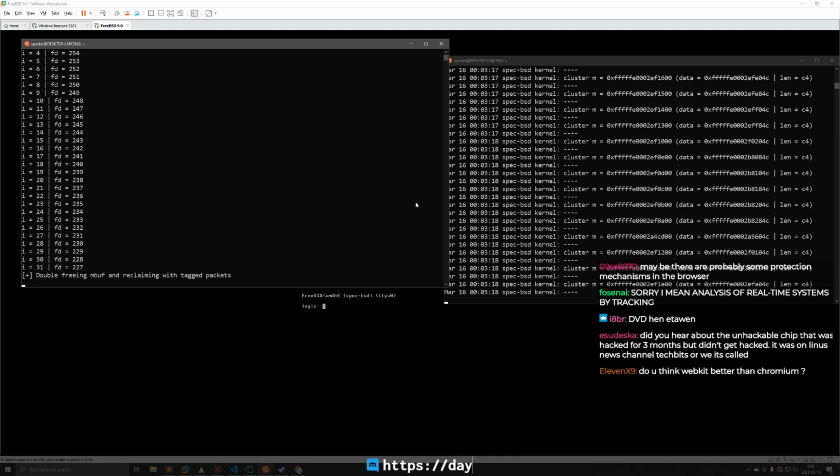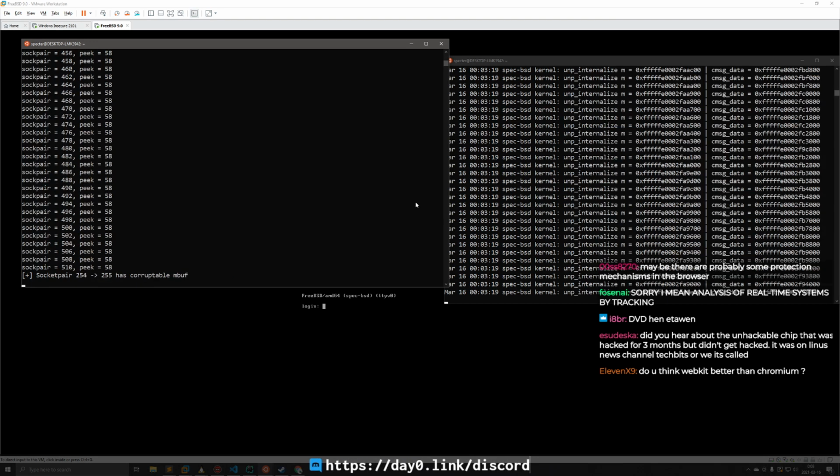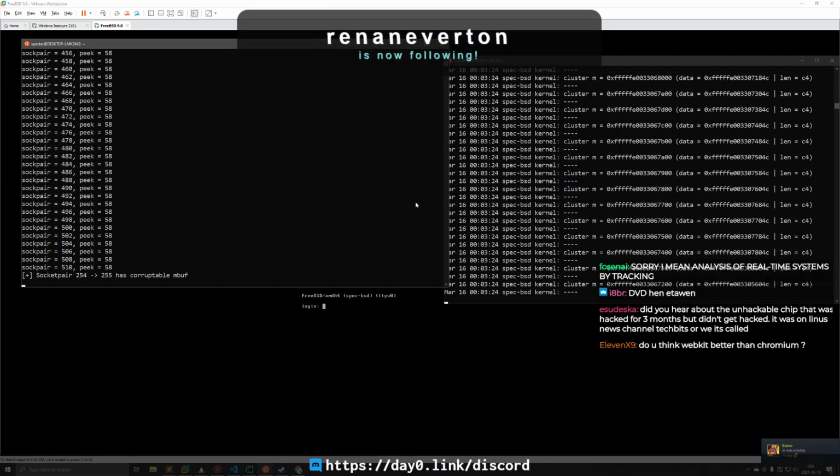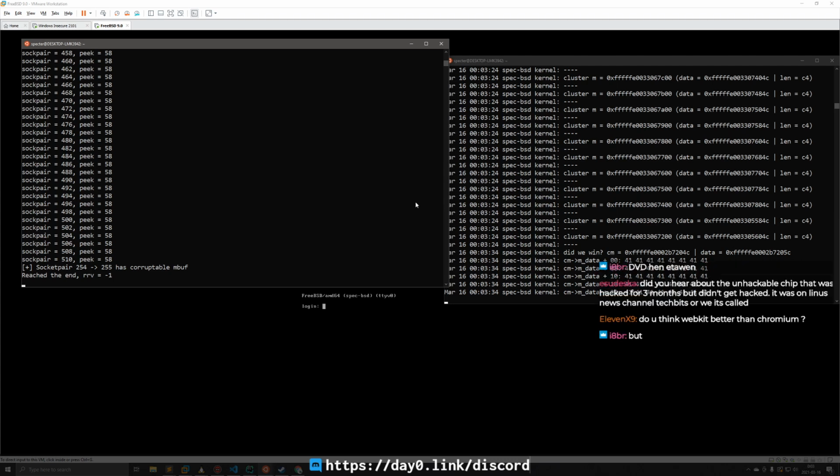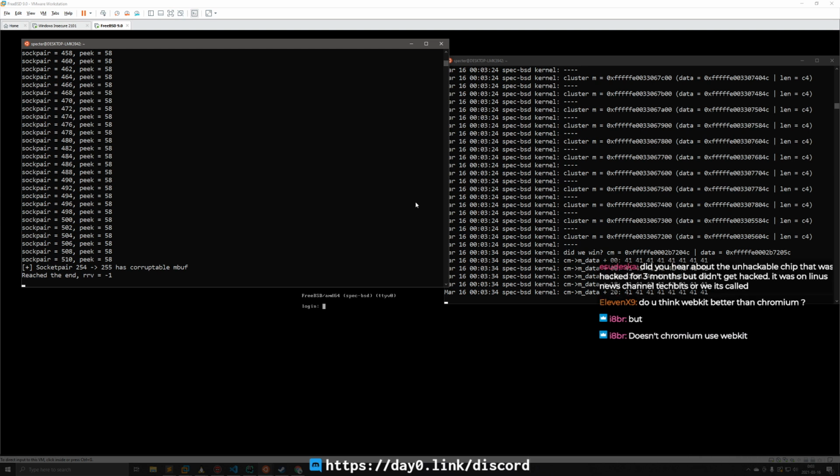Do you think WebKit is better than Chromium? I don't know enough about the two engines to have an informed opinion. To me, they're basically equivalent. From the user perspective, there's not much difference between WebKit and Chromium. WebKit is more universal, I guess. You'll find it used on more devices. But Chromium was actually a fork of WebKit from many years ago. It has diverged, but they're pretty similar, at least in the user experience.